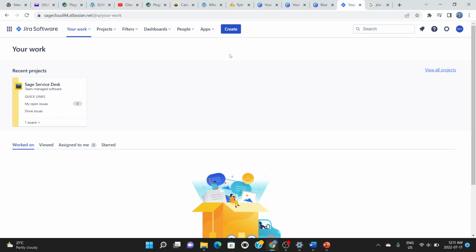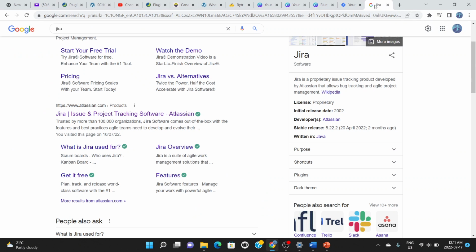For those who don't use Jira already and would like to start using it, you can simply go to the web and get a free account from Jira. If you're using Jira as a staff of a company, you should have your Jira account set up already and with the sign in ready. So if you haven't signed into Jira yet or signed up for an account, you should get one and sign in to be able to